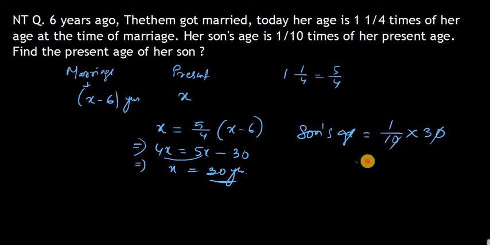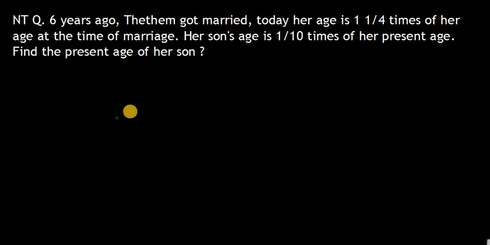It's an equation method, or you can use the ratio method. Let's say this is the present, say the age of Tim at the time of marriage. So Tim got married. Today her age is